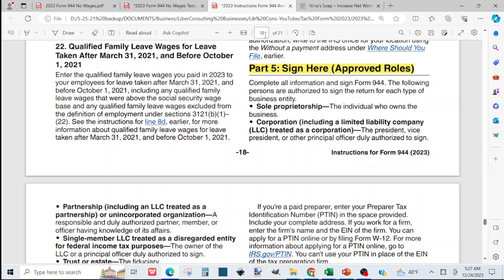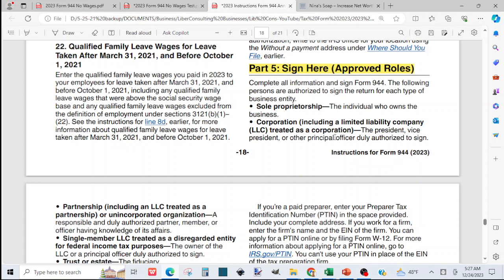Who can sign form 944? For a sole proprietor, it is you, the owner of the business. For an LLC taxed as an S corp, it is you, the president or the vice president or any principal officer. If you are a multiple member LLC, all the members are the officers, especially when they work in the business, and either one of them can sign